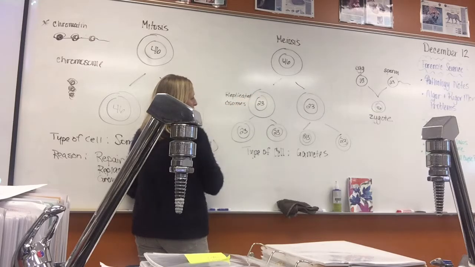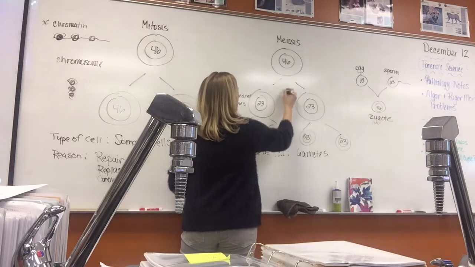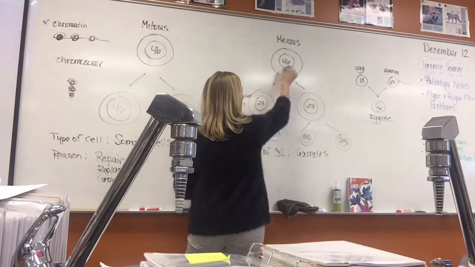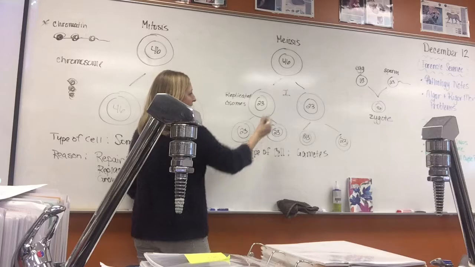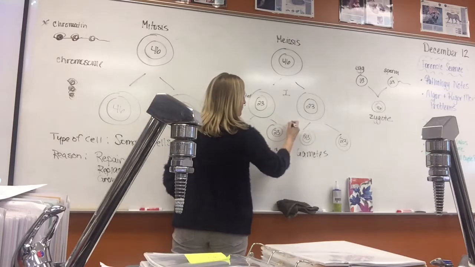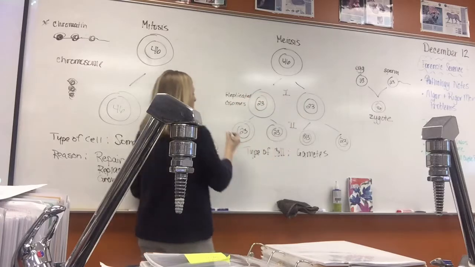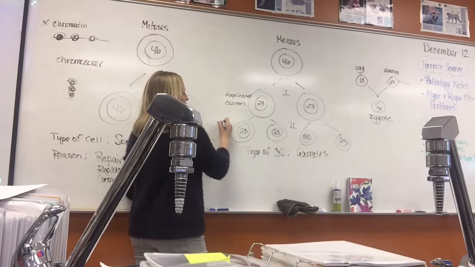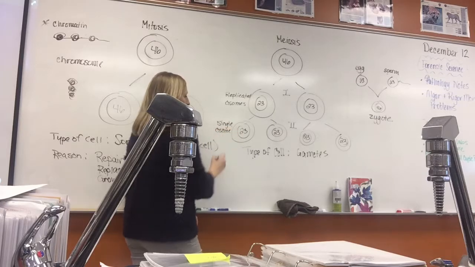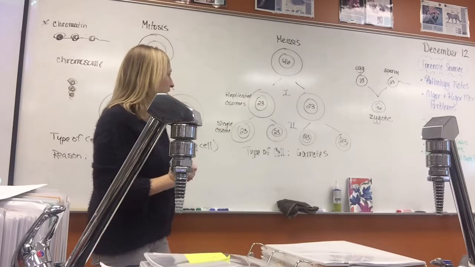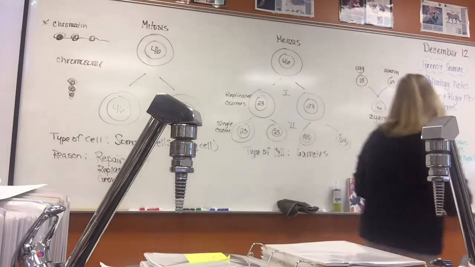These are replicated chromosomes. So this is what we call meiosis 1. I'm going to put a 1 here, from one cell to two cells. And then we go from 2 cells to 4 cells. This is called meiosis 2. They're considered 2 cell divisions. And these are single or non-replicated chromosomes. All right, and we end up with 23 pieces of